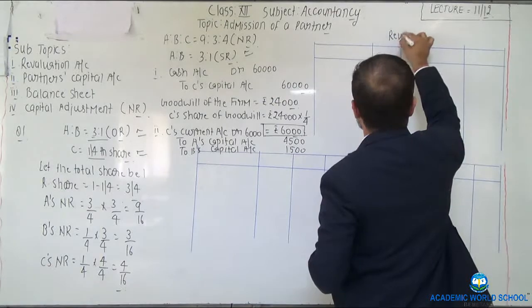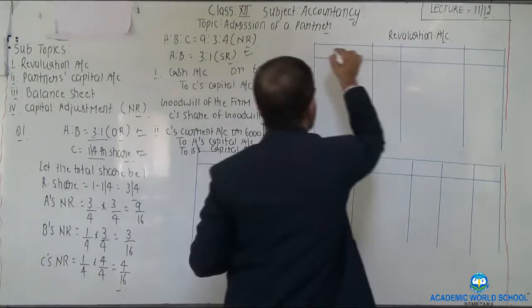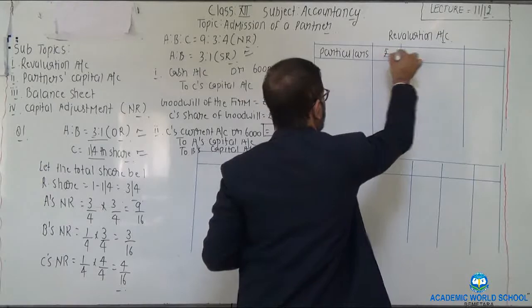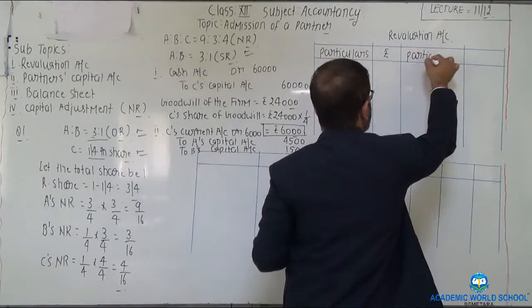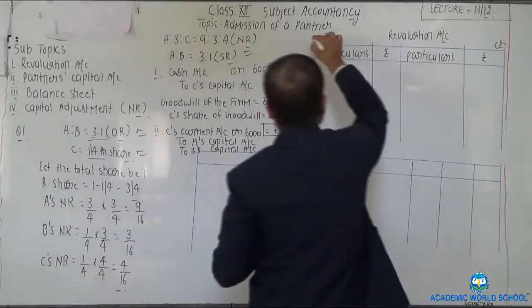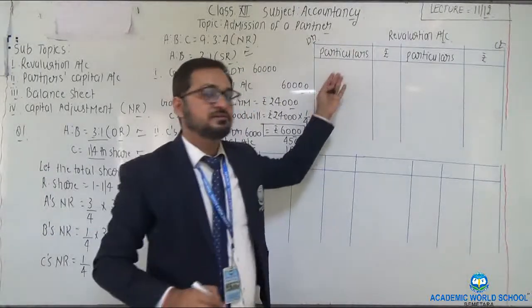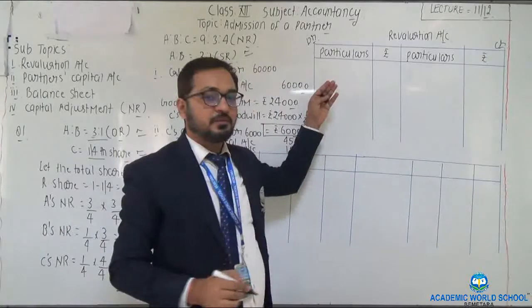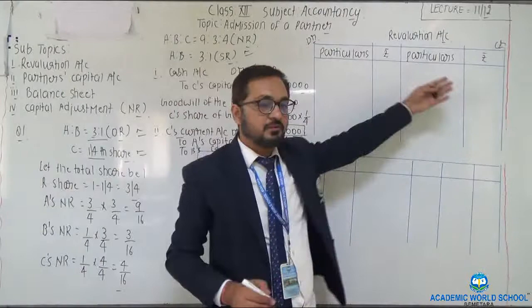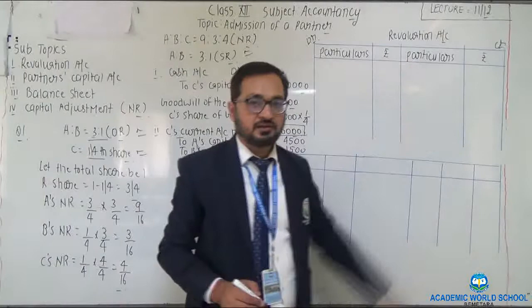After the completion of working note, now we are going to prepare the revaluation account. The format you all know, that is particulars, amount, credit side, debit side. So the nature of this account is nominal. Debit all expenses and losses, credit all incomes and gains. Whatsoever the amount of losses, whatsoever the amount of expenses, are to be posted on the debit side. Clear? Whatsoever the amount of income, whatsoever the amount of gain, is to be posted or shown on the credit side.